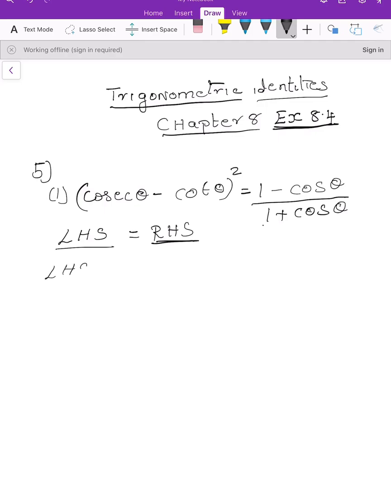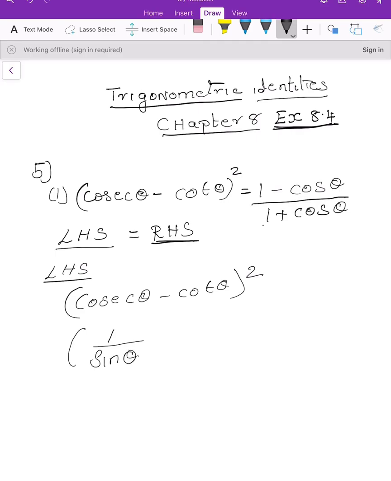What is my left hand side? That is (cosecant theta minus cot theta) the whole square. See, the right hand side is in cos, so I'll try to change my left hand side in terms of cos. The cosecant can be written as 1 by sine. Sine can be easily changed to cos by using our identity. So I'm changing this cosecant into sine theta. Cosecant theta is nothing but 1 by sine theta. Cot theta is cos theta by sine theta,